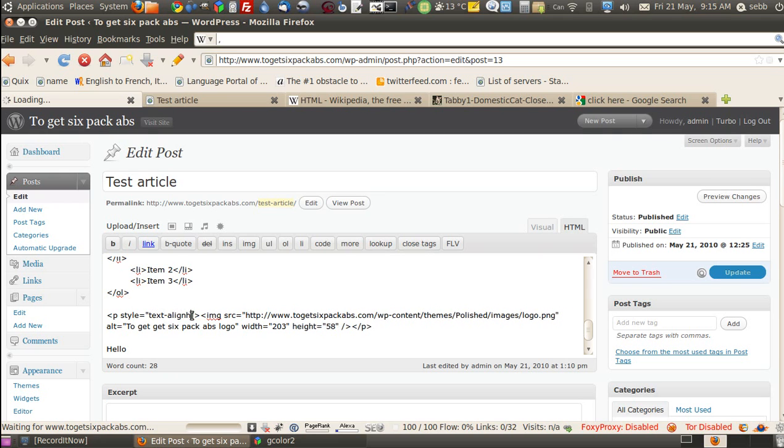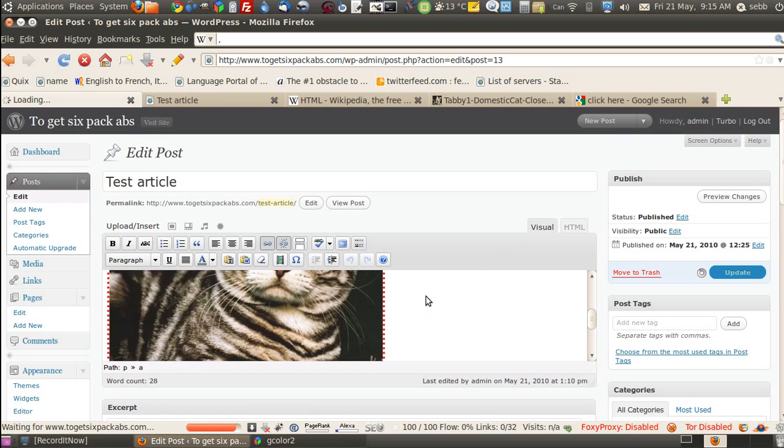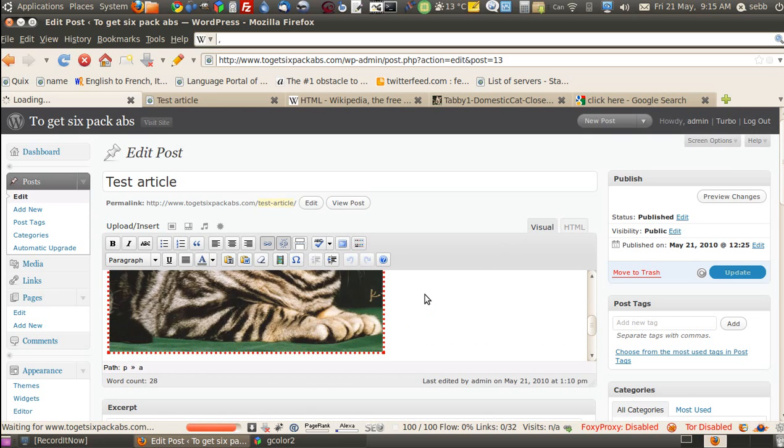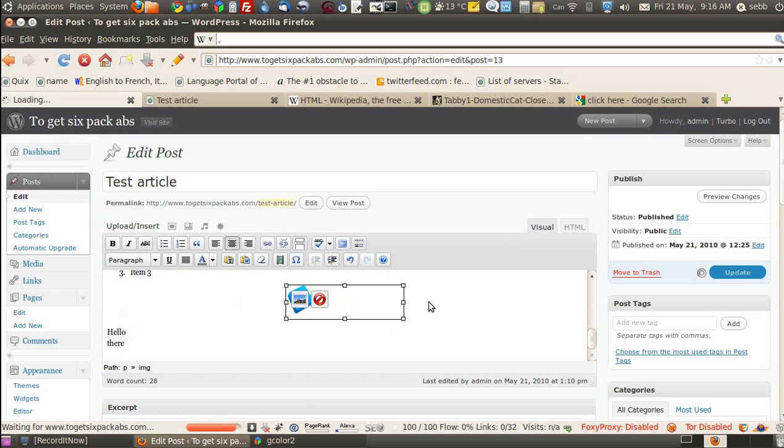Text align. I'm making a lot of mistakes. Alright. Does it work? Yeah, you see it's centered. So